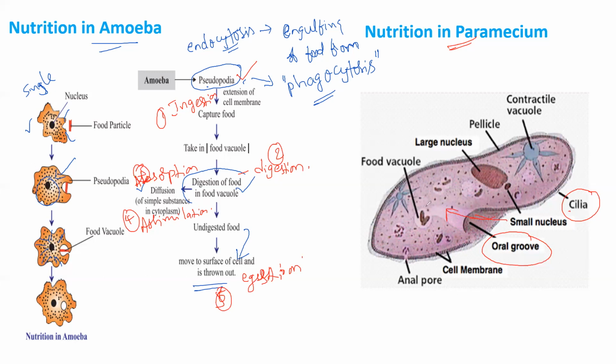Once it reaches the body, in the food vacuole, the food gets digested. After that, it gets diffused, meaning absorbed by the body and utilized. Some of the extra food also gets stored in some other vacuoles. After that, the undigested food, the waste materials, are ejected through the anal pore. It is the excretory part of the paramecium, the anal pore. This is how nutrition in paramecium takes place.